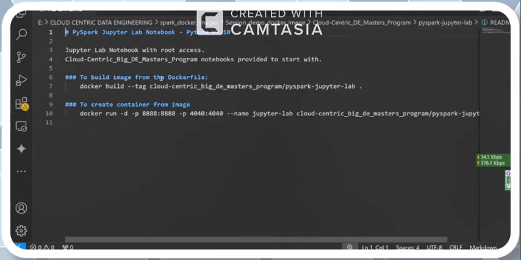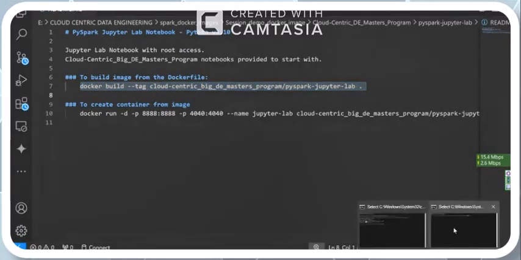Make sure you have a stable internet connection. Okay. To build the image from the Docker file, first we need to build the image. After that, we have to create the container. Got it? So first, you just have to copy this command and paste